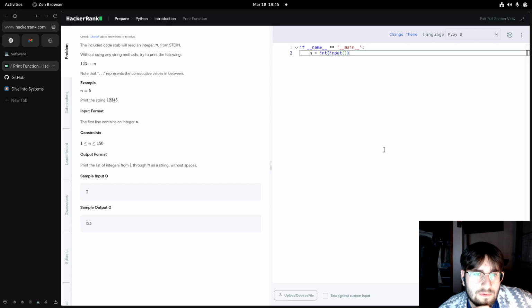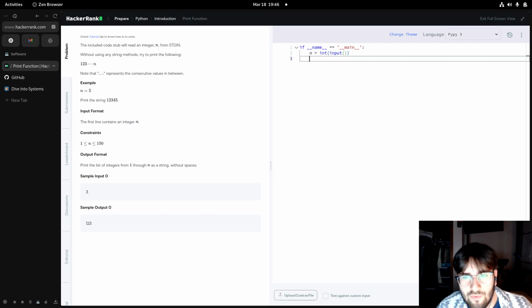Include code stub. We'll read an integer n. Without using any string methods, try to print the following: 1, 2, 3 up to n. Without using any string methods. What does that mean, without using any string methods? Because I would usually just do,